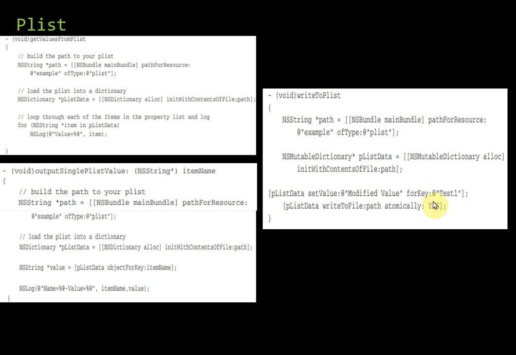So at that time, again you need to load the plist into a dictionary. But this time, it will be a mutable dictionary. Mutable means what? It allows for changes. It will allow you to make the changes. That can be done by using this method called set value. So here, plist data, set value. What is the meaning of set value? This particular method will allow you to change the value.